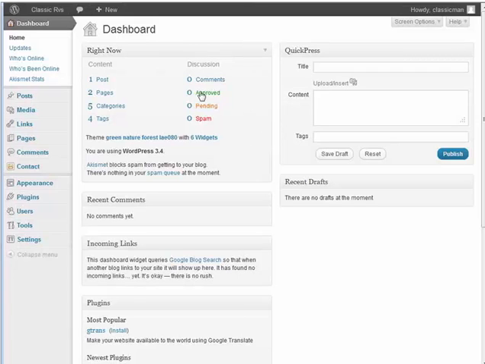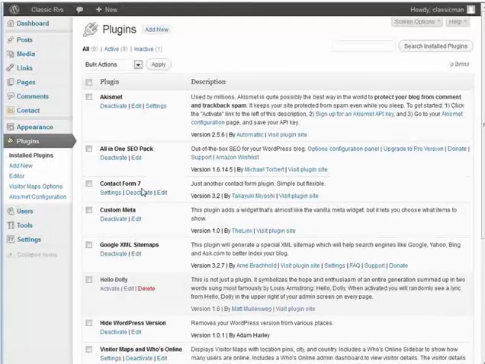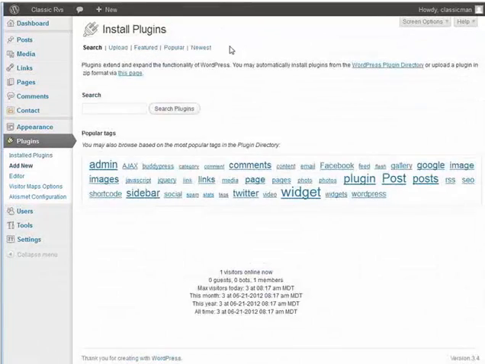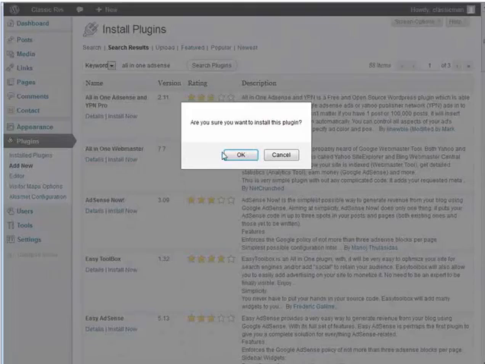There's an easier way to do it, and that is to use a plugin. Now, the plugin I'm going to show you here is the one that's worked best for me, and it's given me the most money out of AdSense of the ones I've tried. So let's go to Add New, and then let's type in here all-in-one AdSense. Okay, and you'll see all-in-one AdSense and YPN. That's the one you want to install